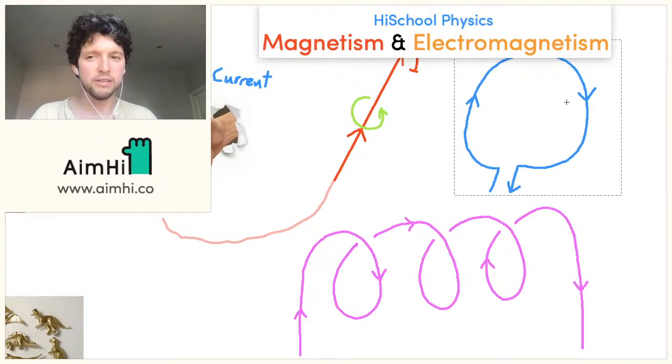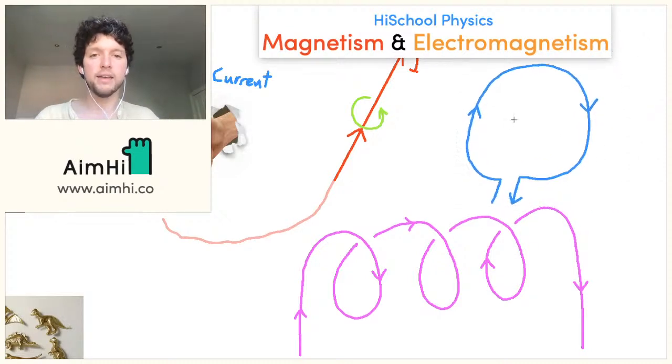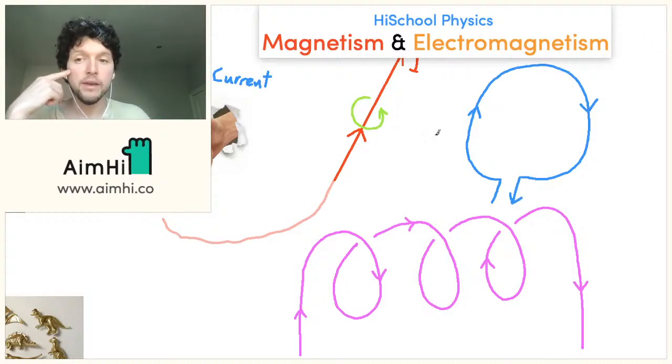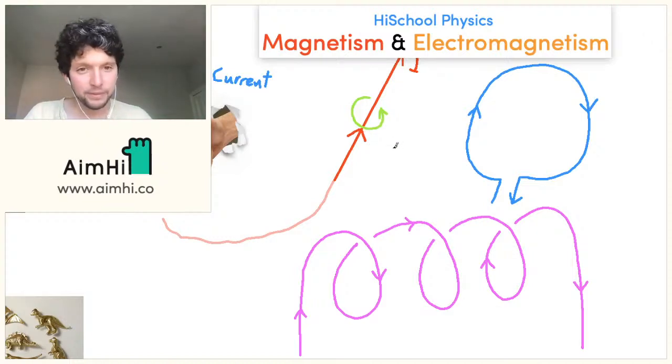Cool. Right, now, what if instead of just a straight wire, you've got this blue one? Let me just grab it and move it down a tiny bit. So instead of a straight wire, we've got this blue wire here. Now this blue wire is going in a circle, so it's taking the current, and it's moving the current around in a circle and then back out this way. So if you look at any point on the wire and you use your right-hand grip rule, then you can see at this position here